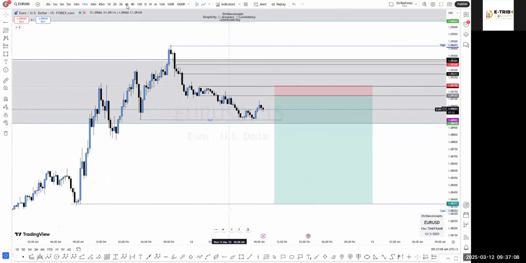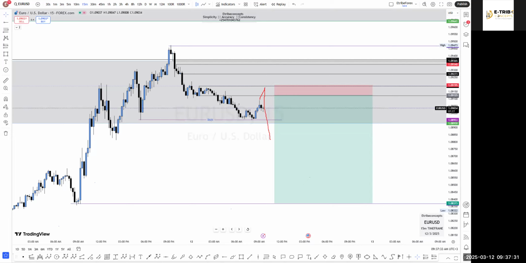Okay, let me make it simple. Right now, I'm considering this area as my shift point. If price comes and taps in this area, maybe, and then comes and forms a shift point,